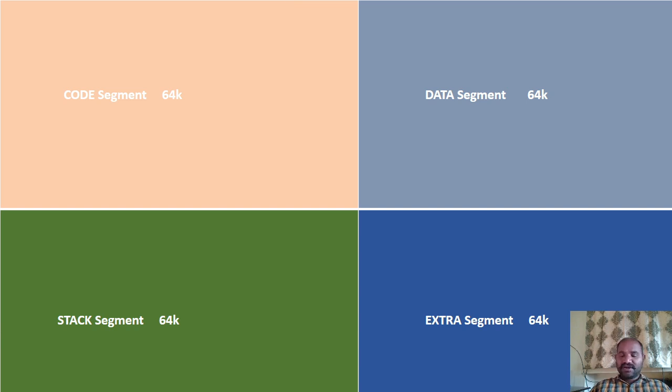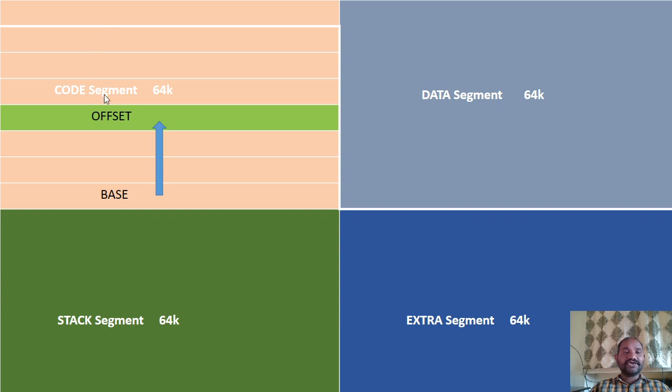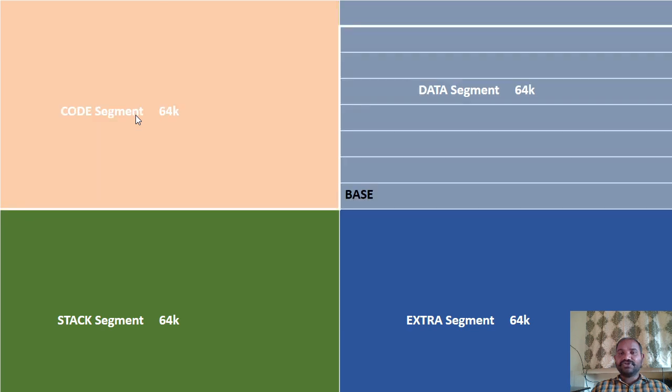As we have seen in the last class, when you would like to store code into the code segment, you are supposed to have the base address as well as an offset address. If you want to access a particular memory location in the code segment, you require the base address as well as the offset address. In the data segment also, similar to the code segment, you need to know the base address of that segment as well as the offset address. In case of the stack also, same thing.